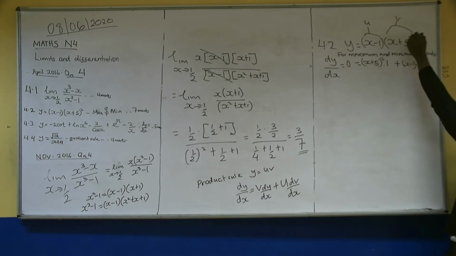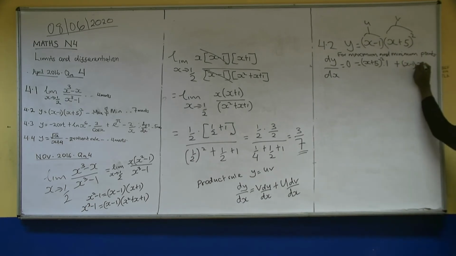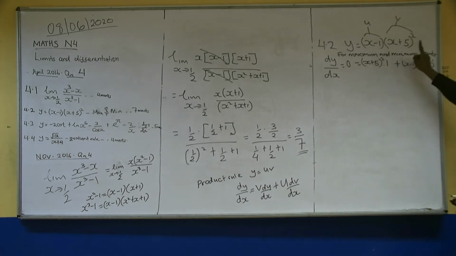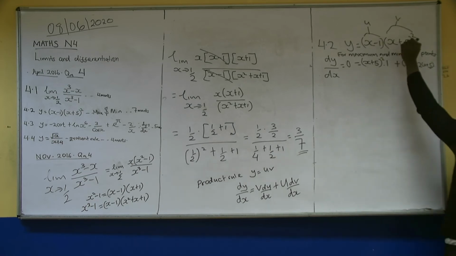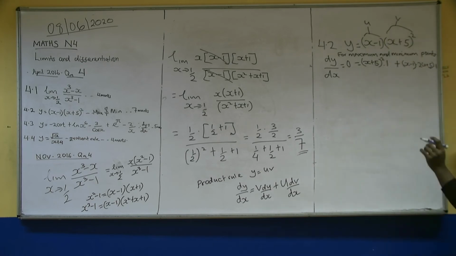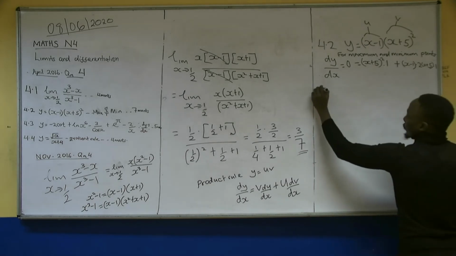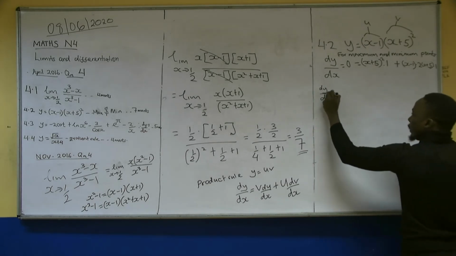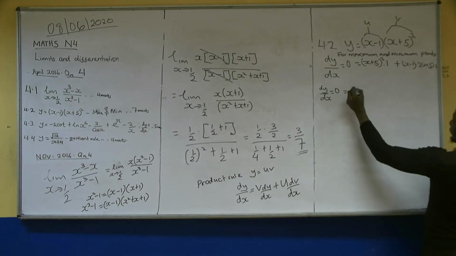because this is the formula, we differentiate, and the power comes down on top and the power reduces by 1. So 2 minus 1 remains with 1. Even if I don't show it, it's okay. Times the derivative of this inner part, which is 1. If you differentiate x, you get 1. If you differentiate 5, you get 0. Therefore, dy/dx gives us 0.